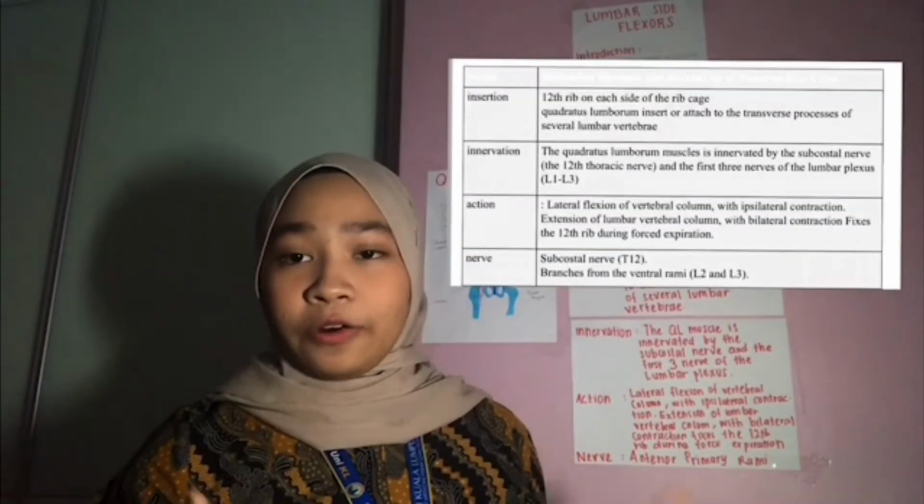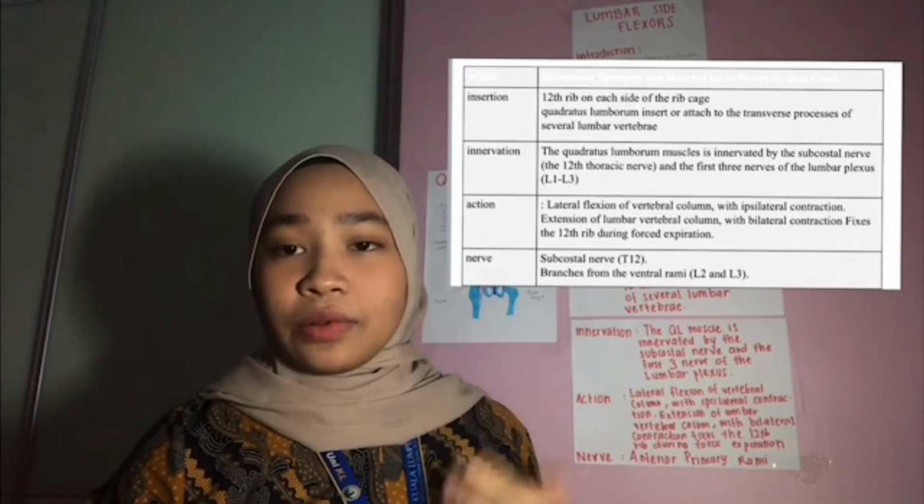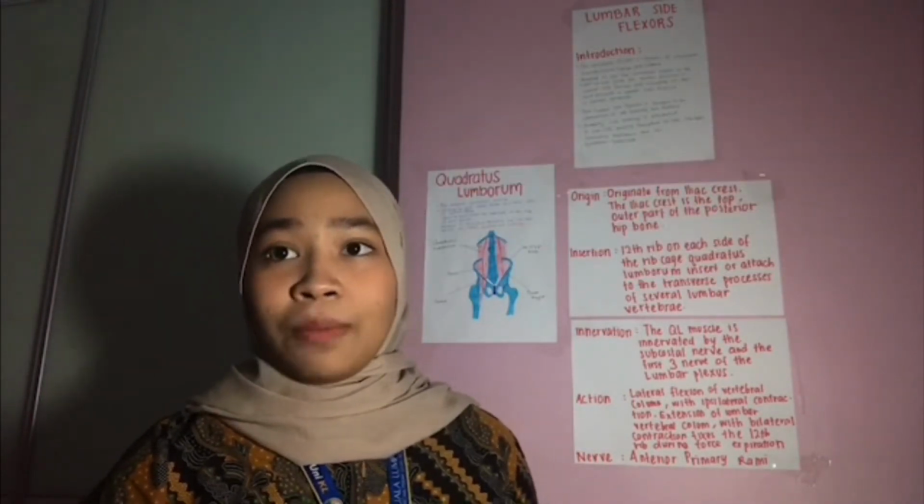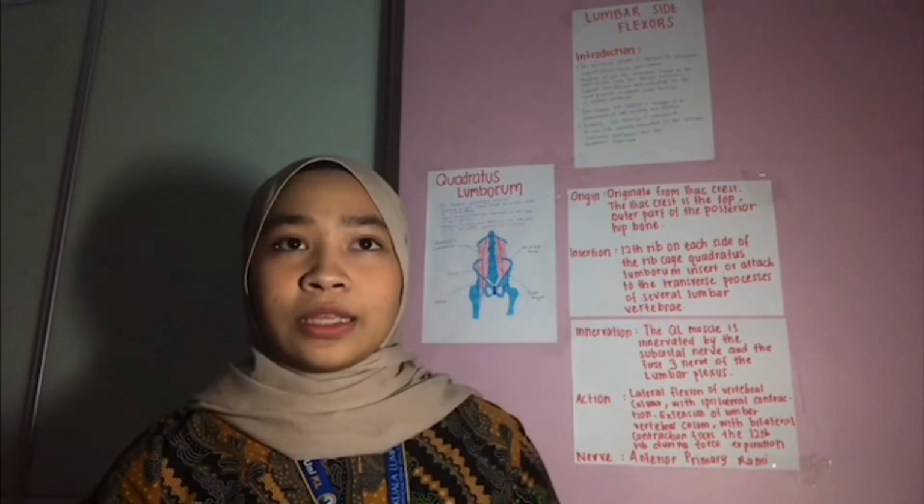Next, I will talk about the origin, insertion, innervation, action, and also nerve. So, origin for the quadratus lumborum is iliolumbar ligament and internal lip of posterior iliac crest. For insertion is the 12th rib on each side of the rib cage. Quadratus lumborum inserts or attaches to the transverse process of several lumbar vertebrae. For innervation, the quadratus lumborum muscle is innervated by the subcostal nerve and the first three nerves of the lumbar